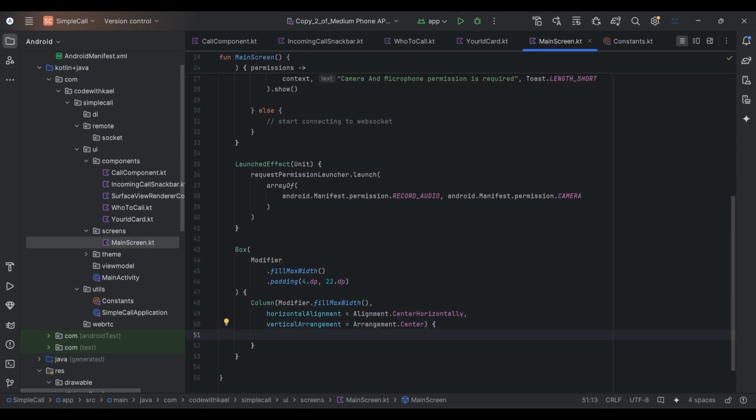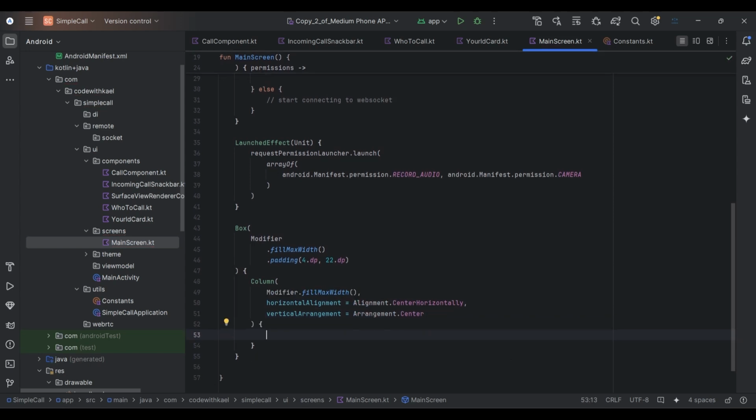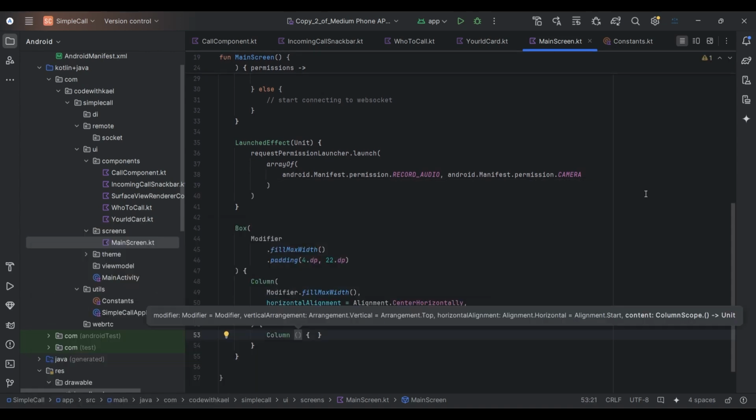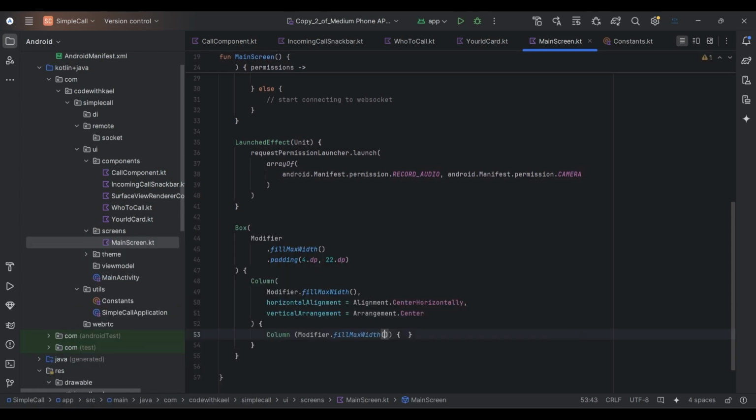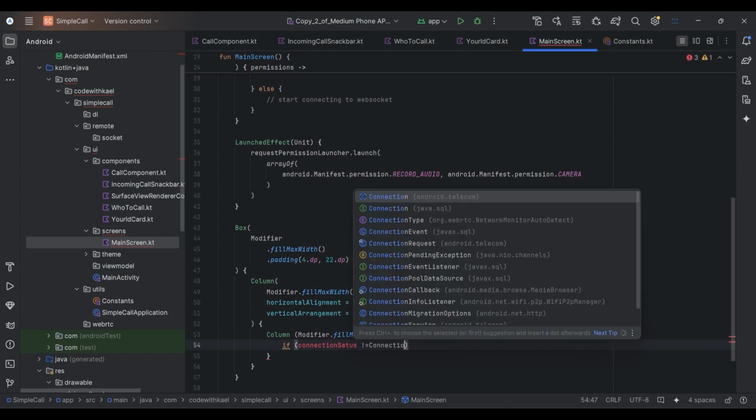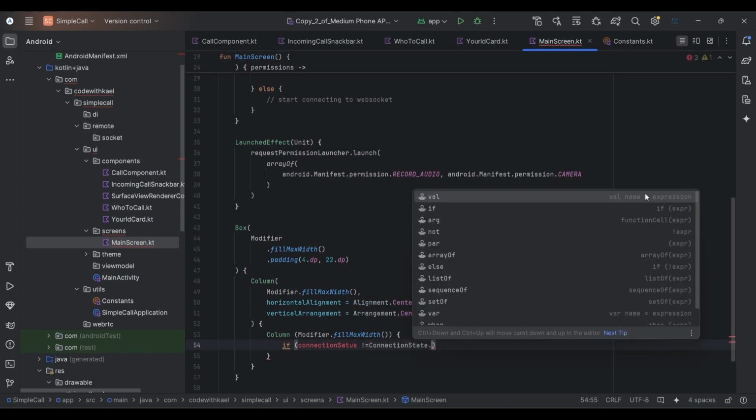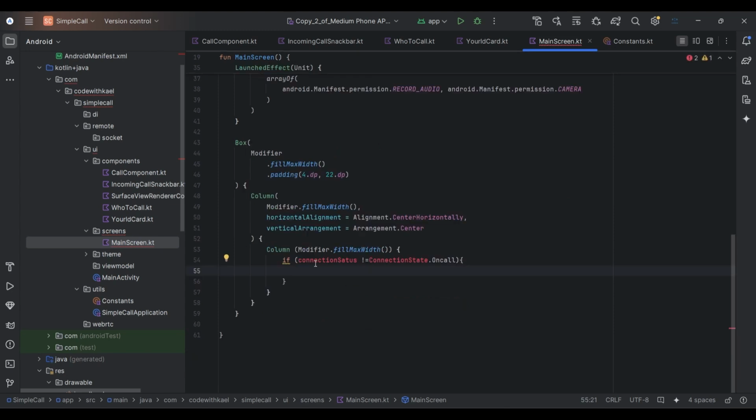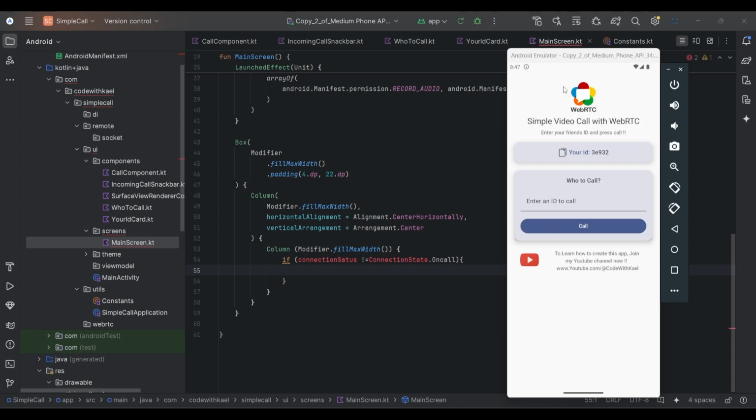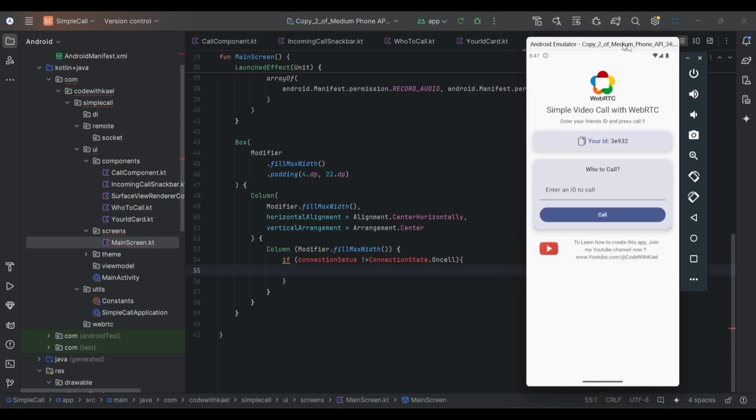Now down here again we will have another column with fill max width modifier, and here we will check if the connection status is not ConnectionState.OnCall. It means if we are not inside a call, we want to show this part, of course. So I'll copy and paste this one,